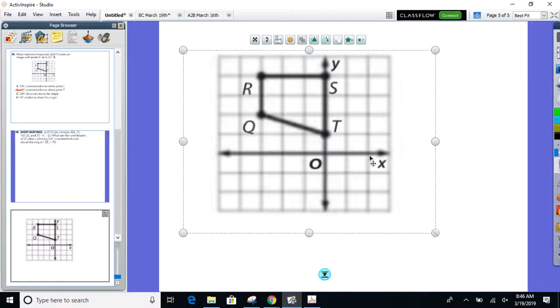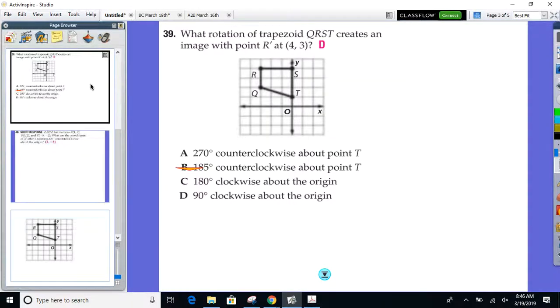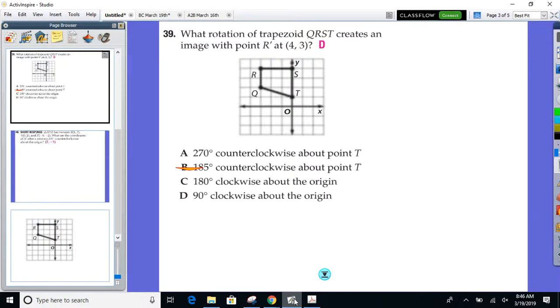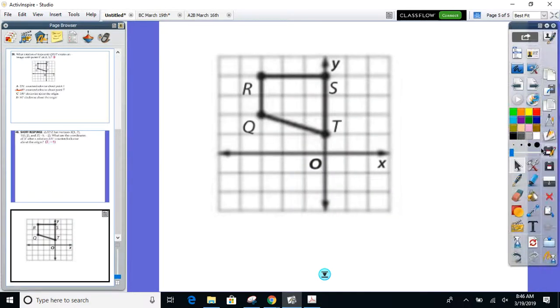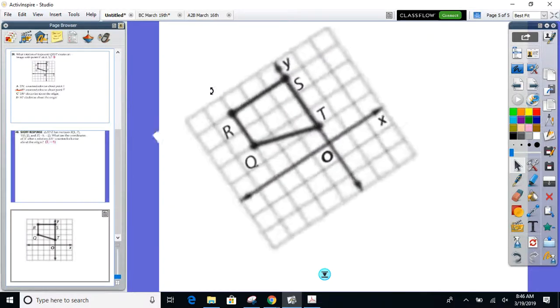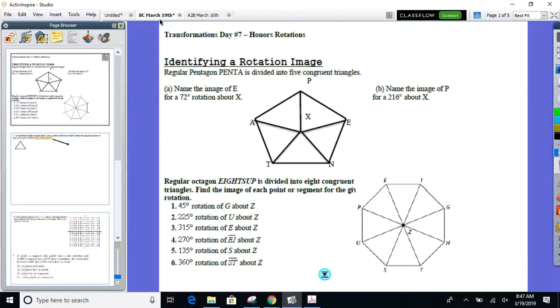What's my first option? Rotate it 270 counterclockwise, around a point. Okay, no, I can't rotate it. Never mind. Just so you know, we'll talk a little bit about it today. If you guys do the whole turn your paper method, that's only centered around the origin. So just make sure you're aware of that. This isn't centered around the origin, so I can't do that. It's actually centered around,